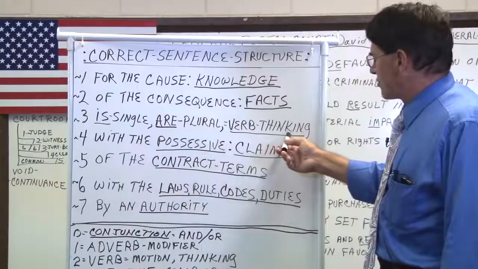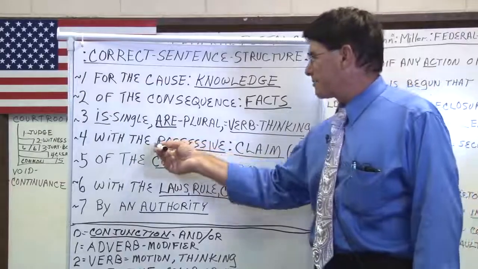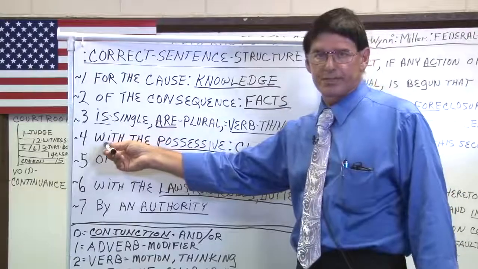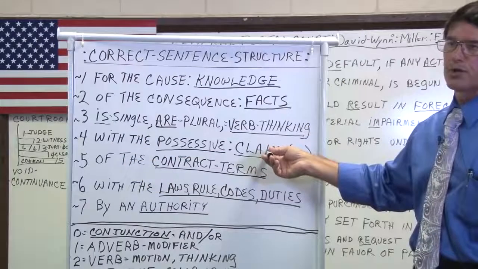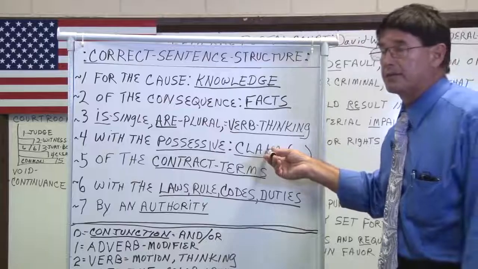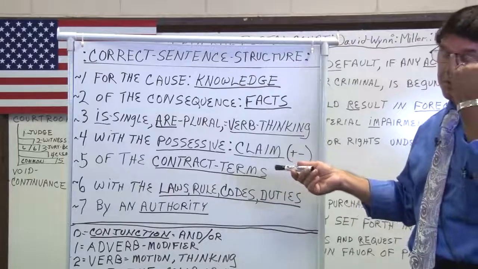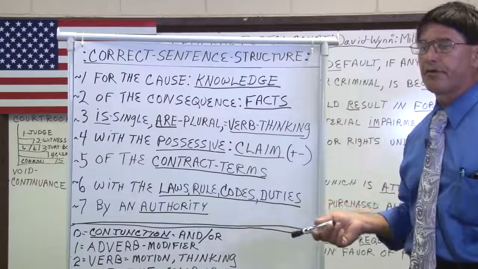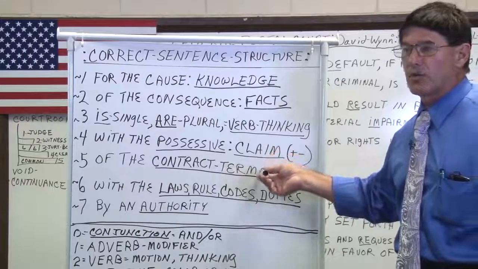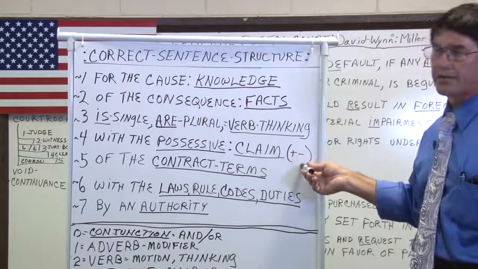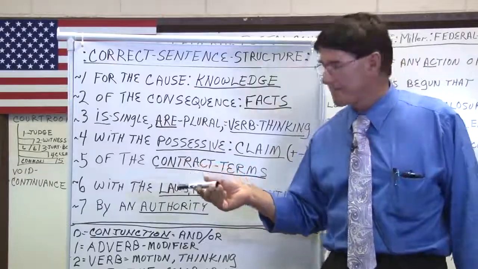Now, after you establish your thinking capacity to move the fact backed up by the knowledge, you have to create a possessive. With is your position of a possessive. And the possessive is we use the word claim because gold miners filed claims. They didn't file mortgages. They didn't ask for permission. When they discovered gold, which starts with the word AU, they have an authority. And so they filed gold claims. Then they had to make a decision on to what the claim is. Is it a positive claim or a negative claim? Did they have a damage, which is negative, or did they have an equity, which is positive?